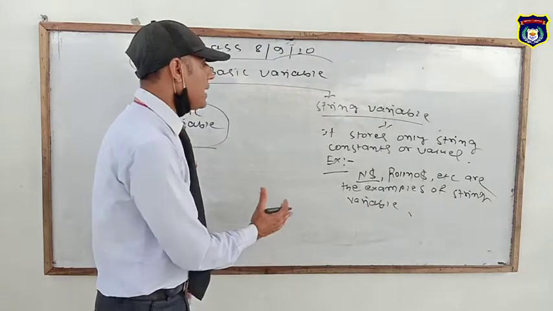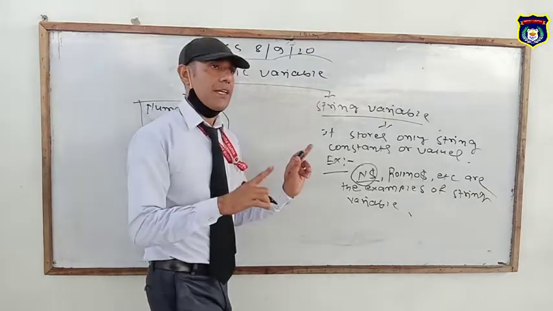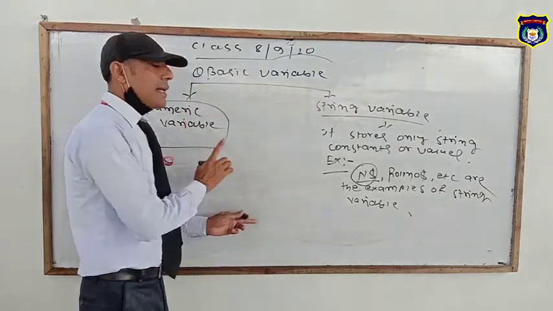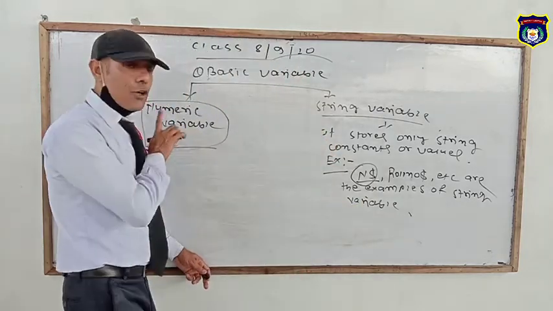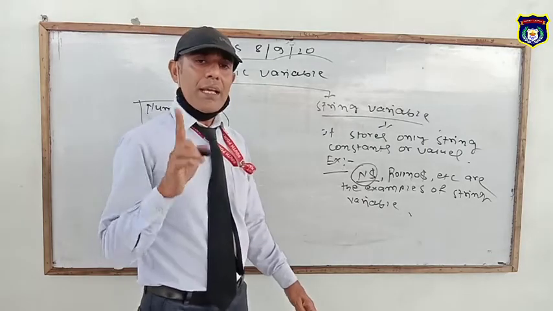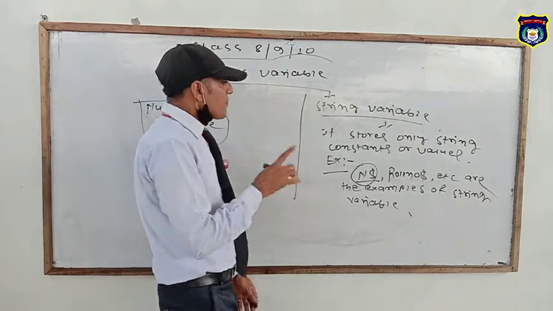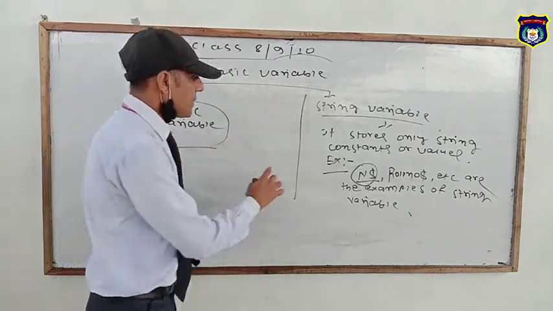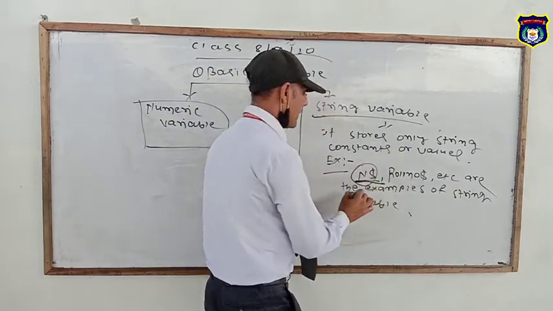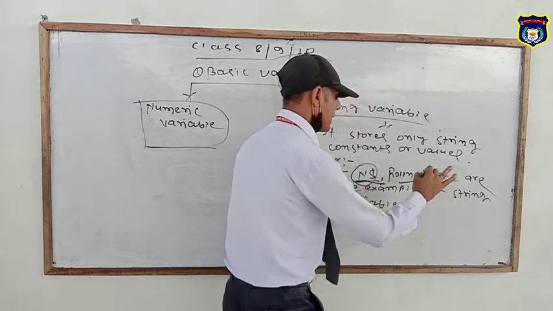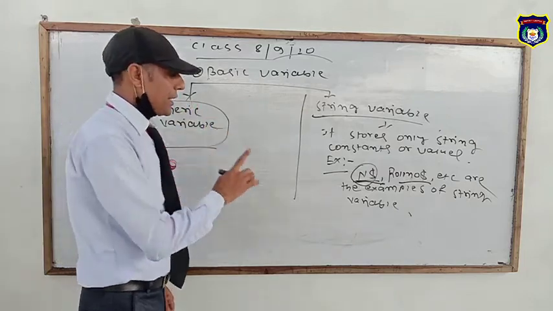When we use any variable with the $ sign, it means it is a string variable which stores the string constant. One thing you should know: a numeric variable doesn't store a string constant. Similarly, a string variable doesn't store a numeric constant. A numeric variable only stores numeric constants. Similarly, a string variable only stores string constants. Understood? Another thing is that a string variable is always terminated by the $ sign, like roll number$, address$, b$, c$.